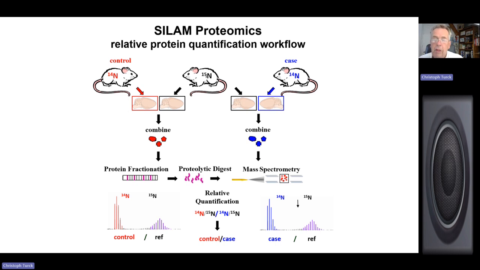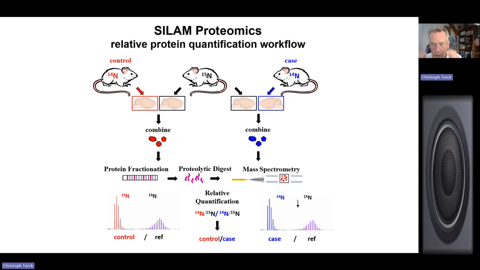What you should not do if you have 15N labeled material at your disposal, and you want to compare two conditions, control and case, let's say an untreated animal and one treated with a certain drug, you should not directly compare them. In other words, you should not mix plasma, for instance, from the unlabeled control animal and plasma from the 15N labeled case animal, because you can never exclude, first of all, an isotope effect, and secondly, that the 15N diet might be a little different from the unlabeled diet.